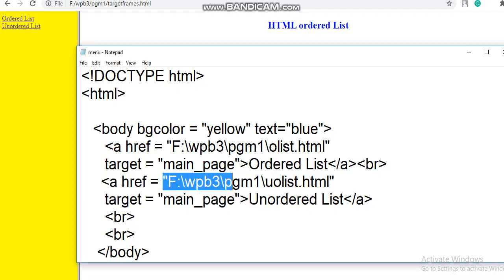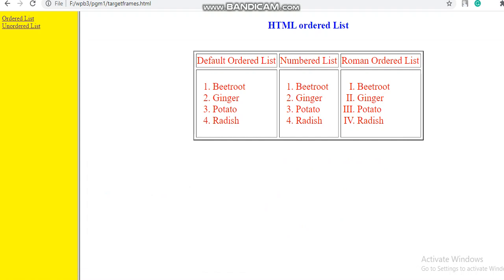We just placed this path correctly, and after that we did the changes in the target frames.html file. This file is menu.html, this is main.html, and the entire file is target frames.html.